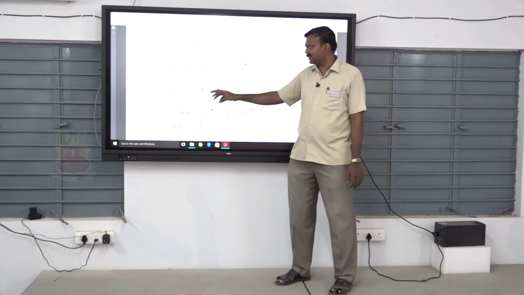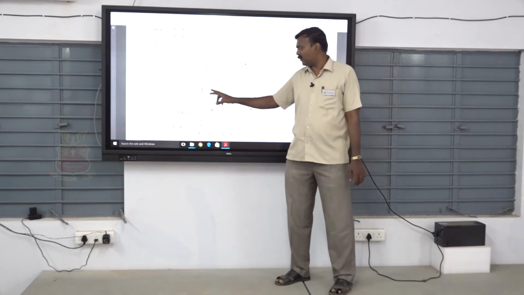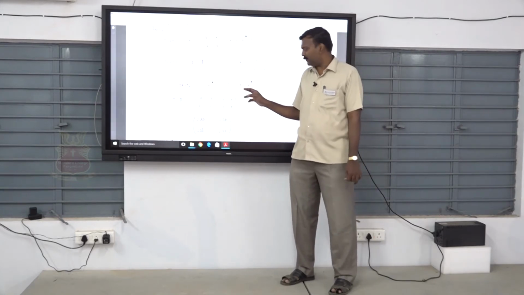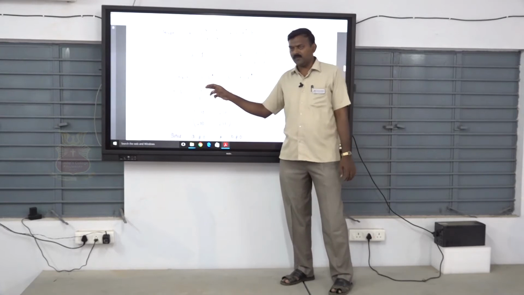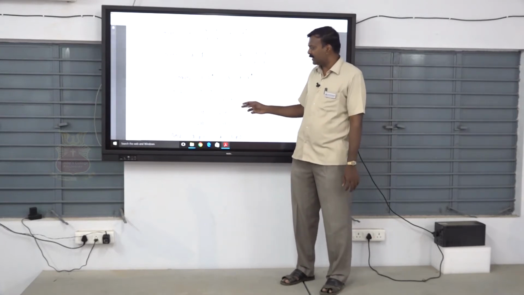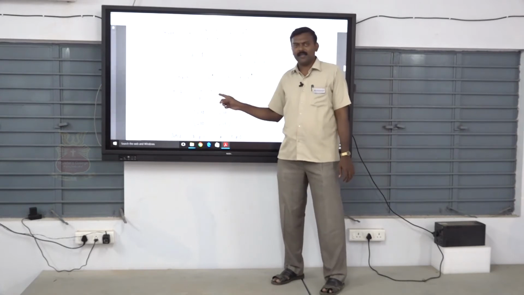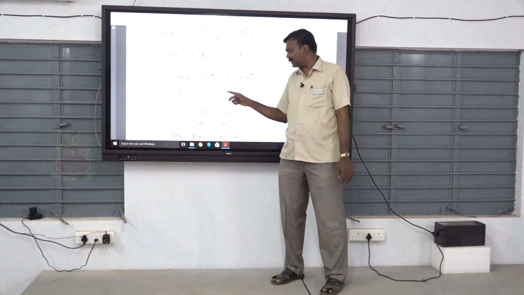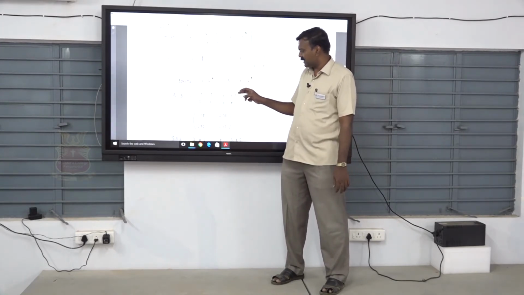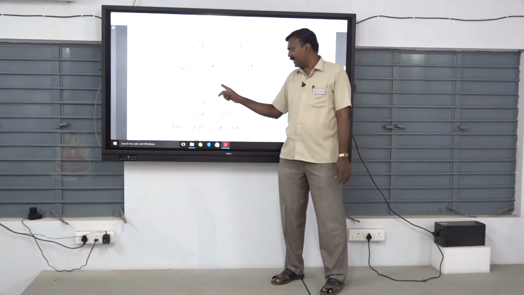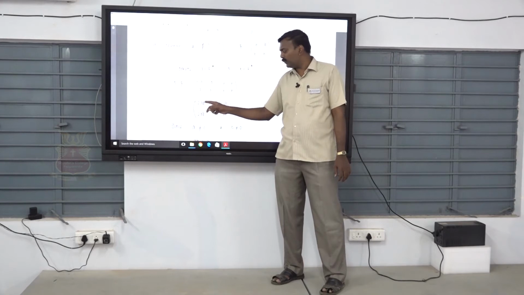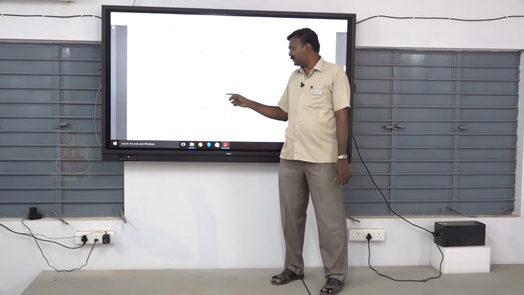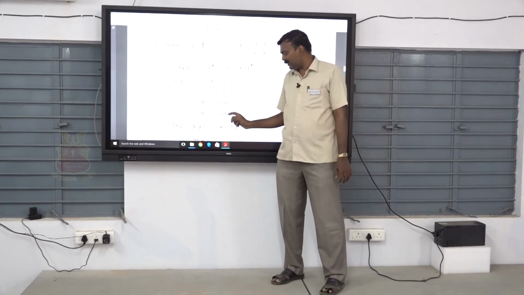We have to prove the three conditions. First condition: we take A equal to AA, AA and B equal to BB, BB. Then A belongs to R star and B belongs to R star. First we prove the closure: A dot B equal to AA, AA dot BB, BB. Then we multiply the first row and the second matrix's first column. Then A into B is AB, A into B is AB, then add, we get 2AB. Same for the remaining elements. Then add, the same answer: 2AB, 2AB, 2AB, 2AB.